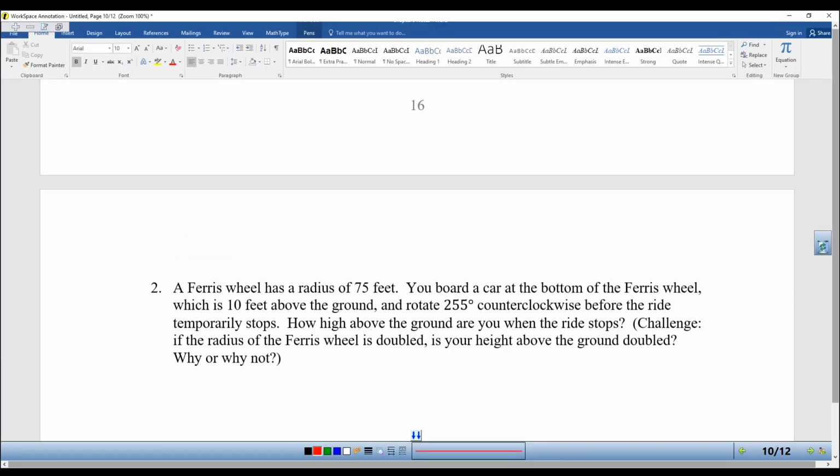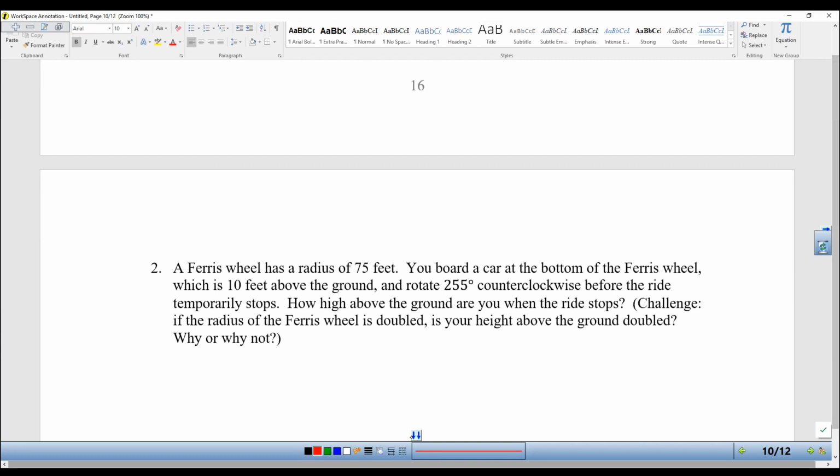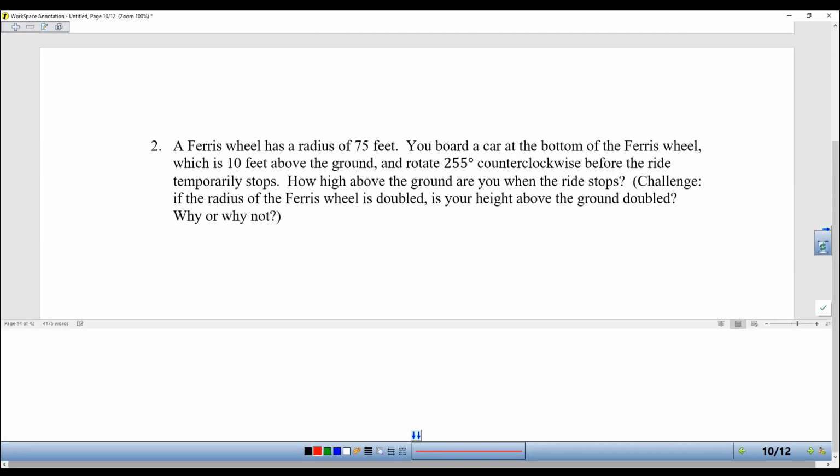A Ferris wheel has a radius of 75 feet. You board a car at the bottom of the Ferris wheel, which is 10 feet above the ground. So here we are. There's a little ramp there. You're going to board this car right here, and this distance is 10 feet. You rotate